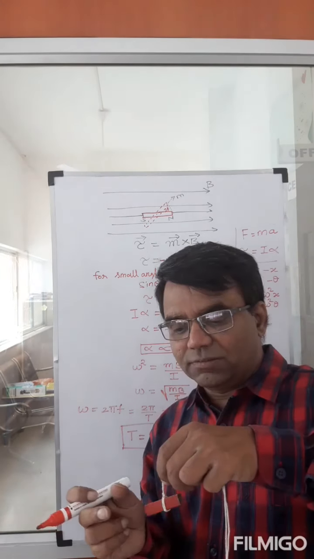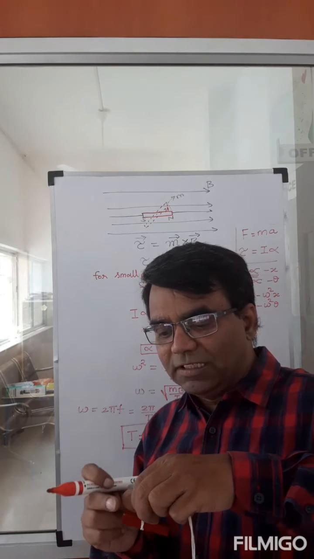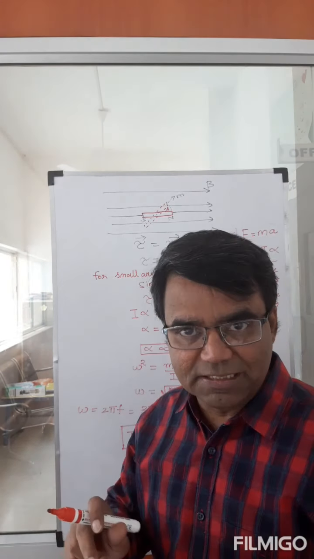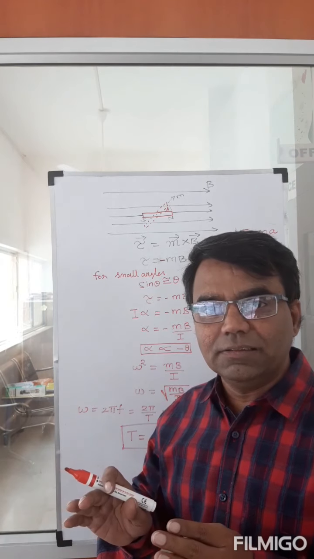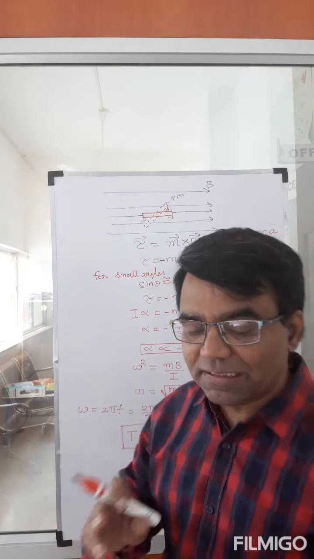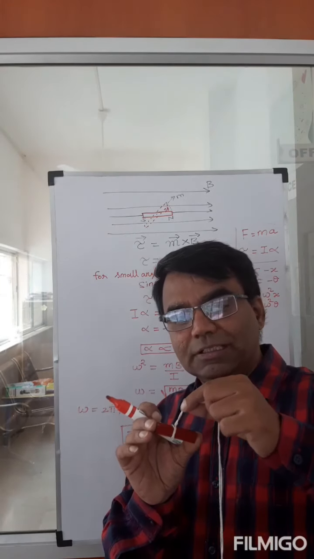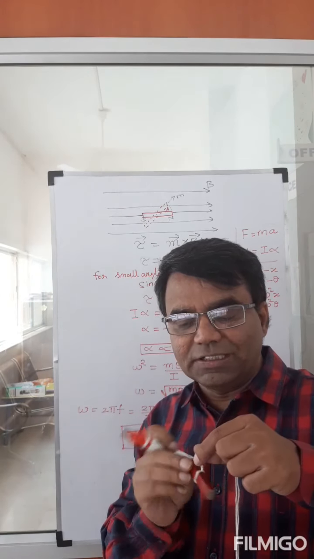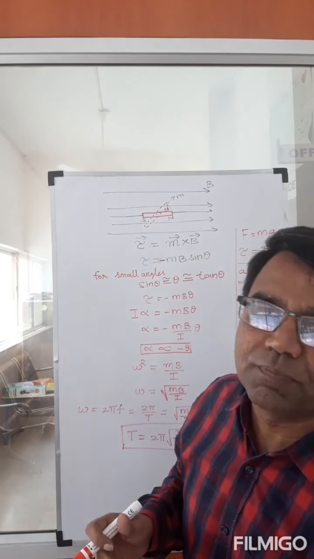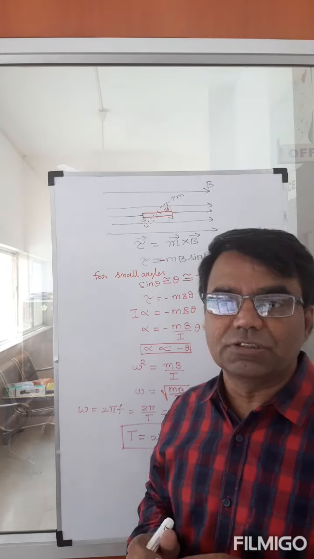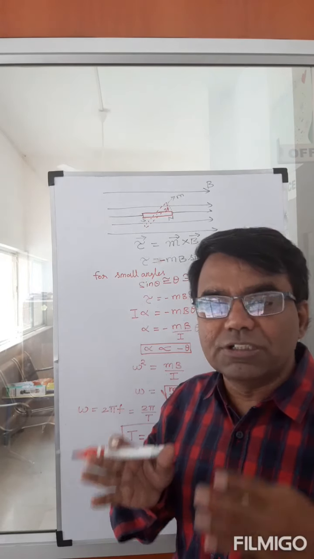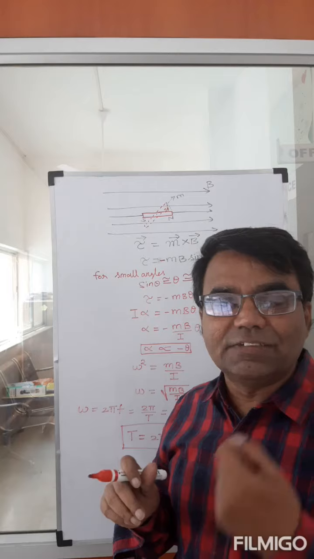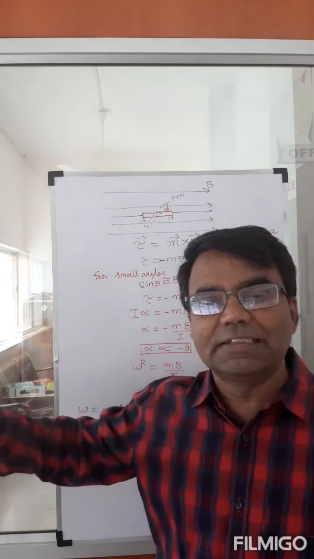And if I allow it to oscillate, and if I know the time period of oscillation, it is also possible for me to calculate B. If I know the magnetic moment m, and the moment of inertia of this magnet, and I allow it to oscillate and measure the time period of this oscillation, then it is possible for me to calculate the magnetic field strength of the Earth's magnetic field at this point